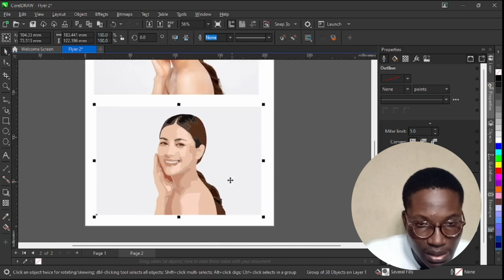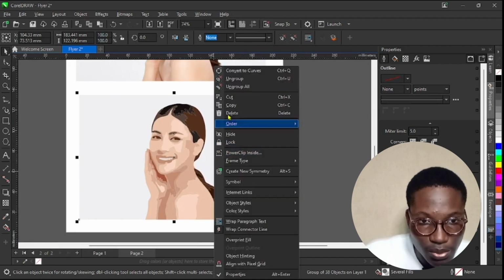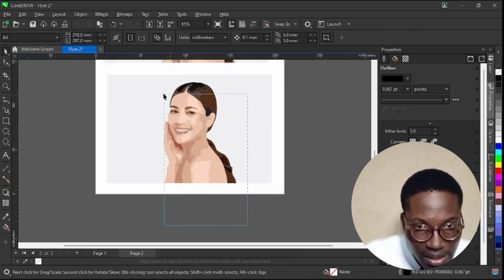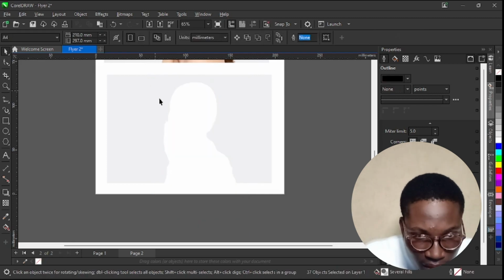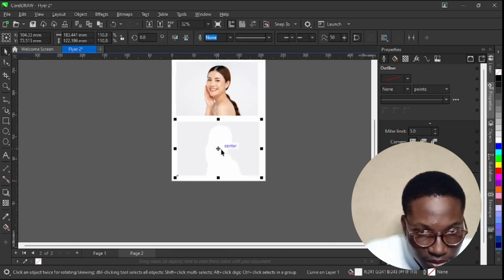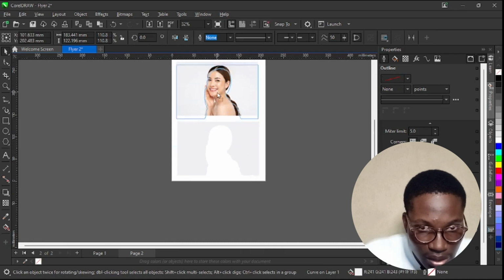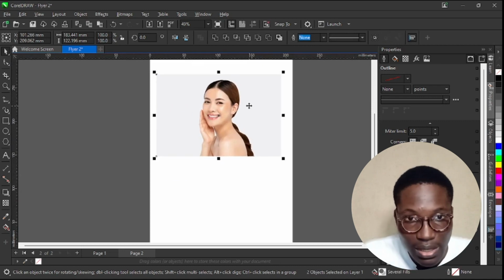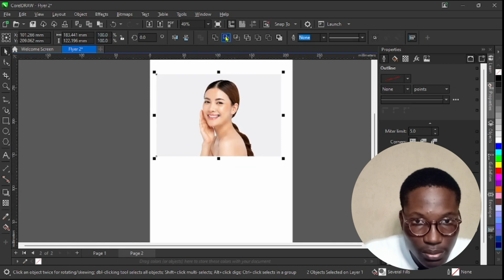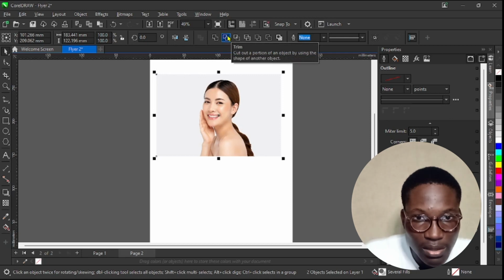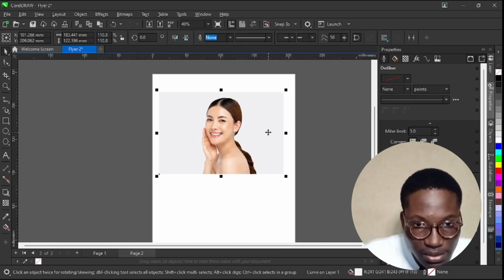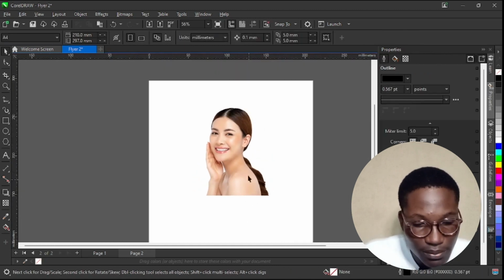Click on this side and right click, then press ungroup. By ungrouping, I will delete this area, select the lady there, delete it, then I have this shape. And I'll select this shape from the center, move it to the center of this first shape. After moving it there, I will select the 2 shapes together. Then I will use this second option on the toolbox. So now when I click on this second option, the magic happens. So let me remove this background, and you see, just like that, we've been able to remove the background from